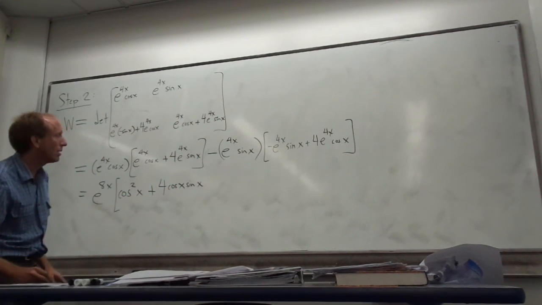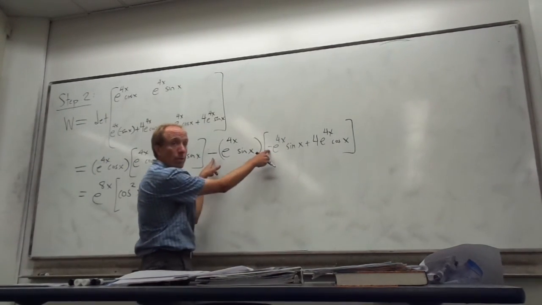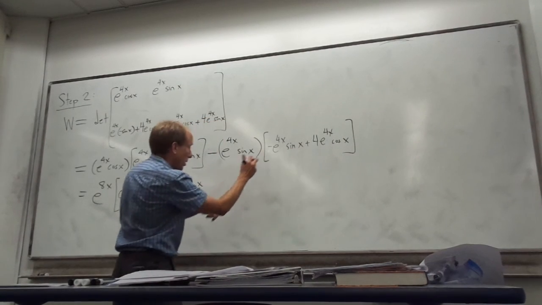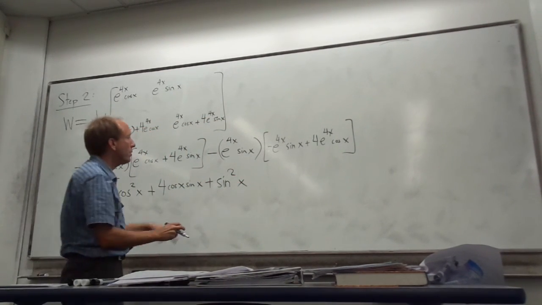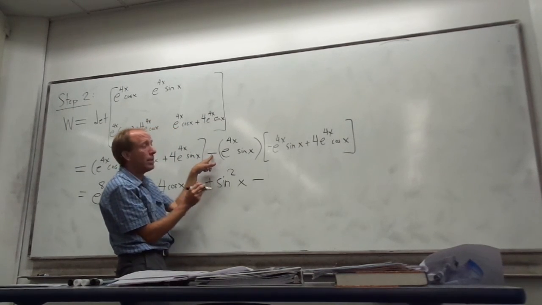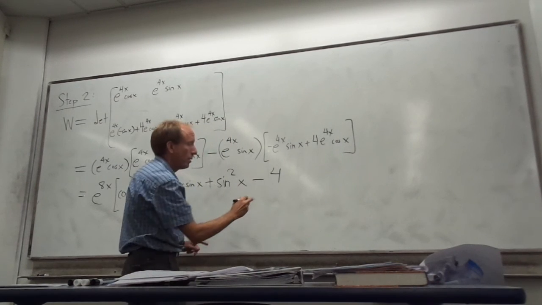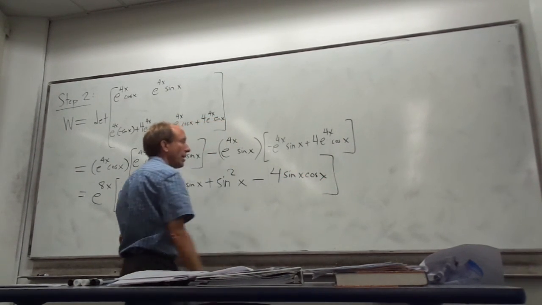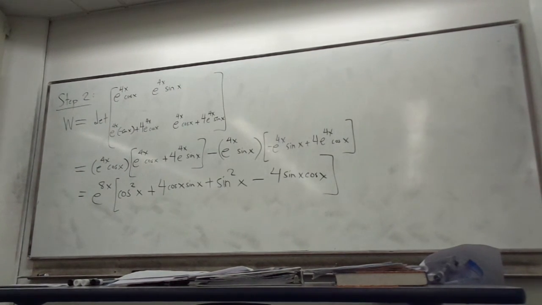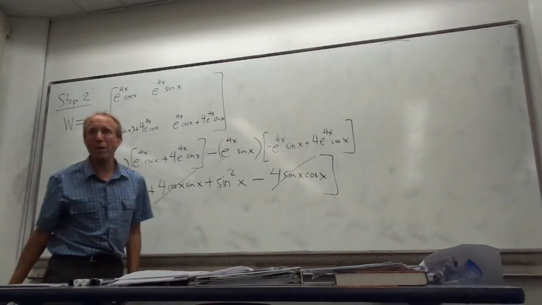And then what do I have on this side? Well, I have a double negative here, so it actually becomes a plus sine squared. And then I have a minus, don't forget this is a minus, 4 sine x cosine x. So all of that is factored out from the e to the 8x. Anything canceling? Yeah, the 4. The terms that are multiplied by 4 are just